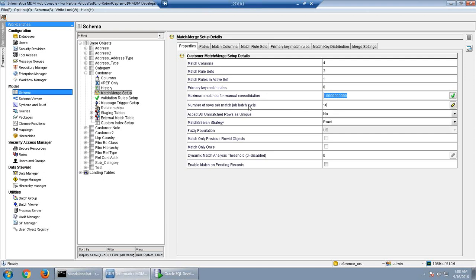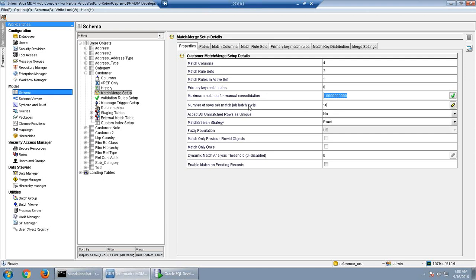So after loading 100 records, when you come here and run the match job, MDM will pick 10 records. So we discussed the consolidation indicator values. MDM will pick a random 10 records. It will change the consolidation indicator value to 3, which means it is trying to match those records. Once the matching process is over, it changes the consolidation indicator to 2, which means the match is done and it is ready to be merged. So only 10 records will be picked up and the match job will end.